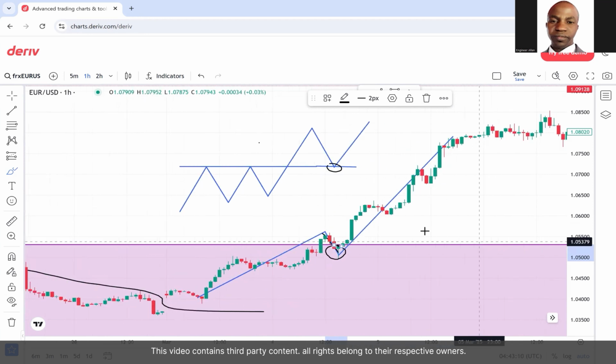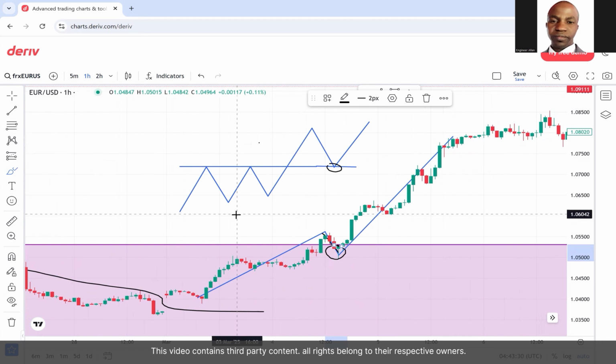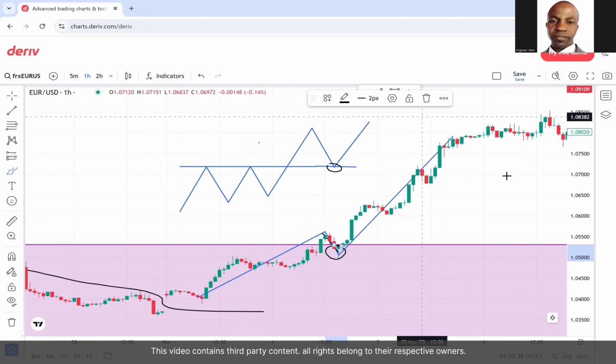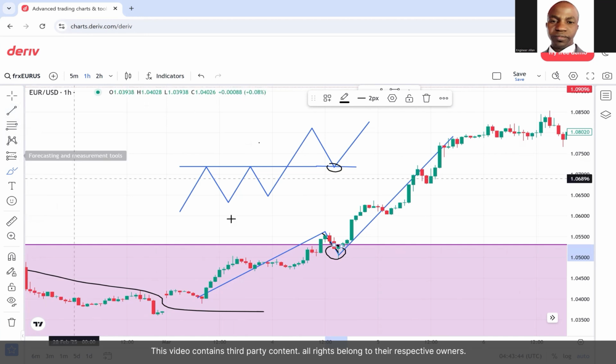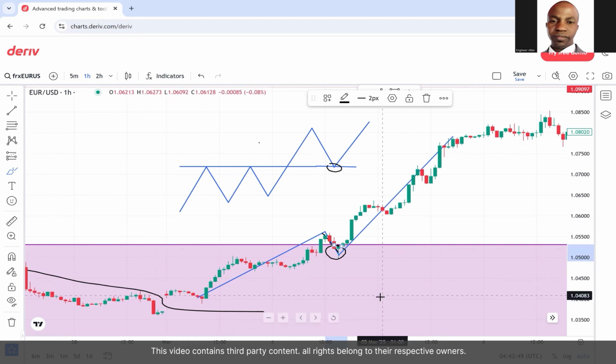Mostly, whenever you want to do this and you're bringing your stop losses into this, remember the stop loss is mostly 1 to 1.5, meaning if I'm targeting 30 pips as my take profit, then it should be 1.5 times my stop loss. But mostly we always target the previous low, which in this case